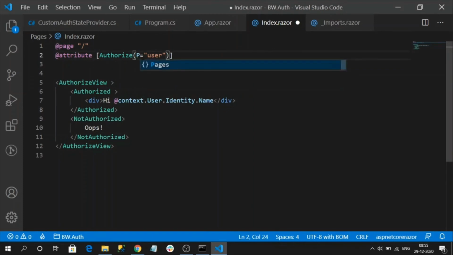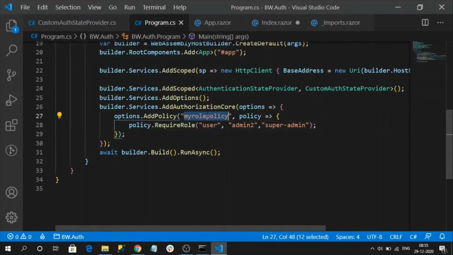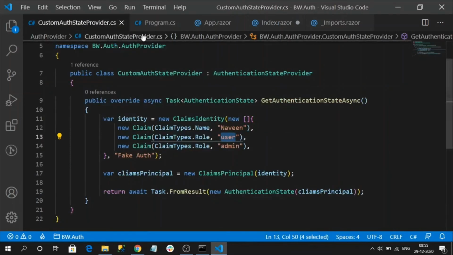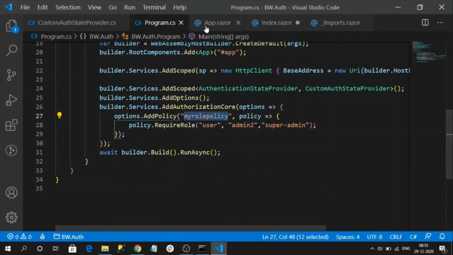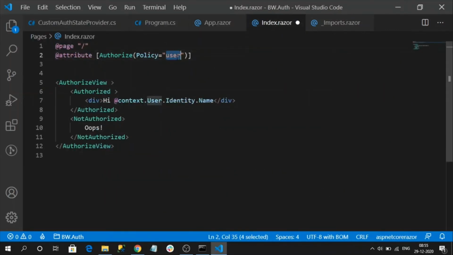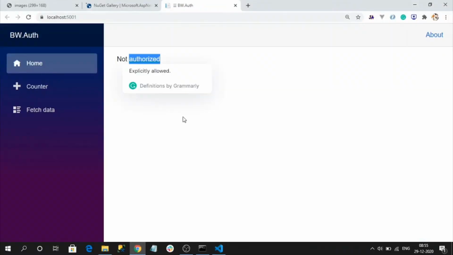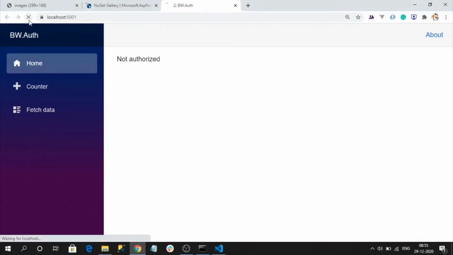For that, you need to change it to policy, and here we need to copy our policy name. This is my roles policy name. Here also I am able to access my authorized content only. So let me reload.